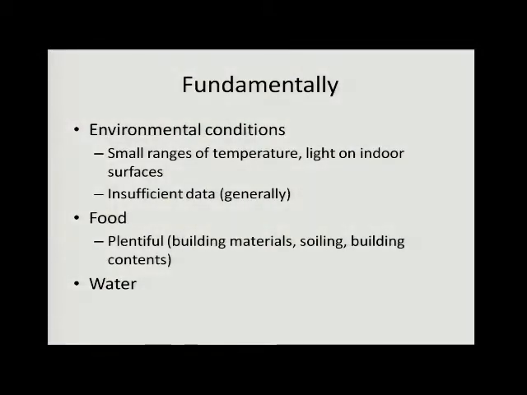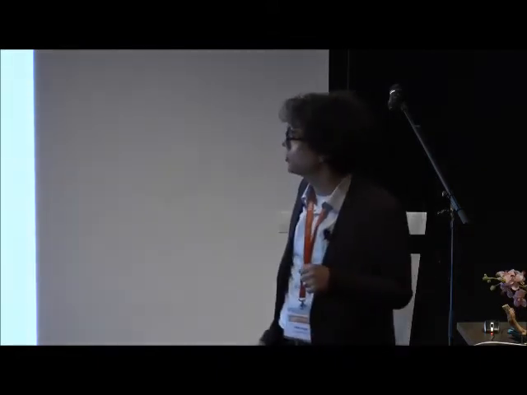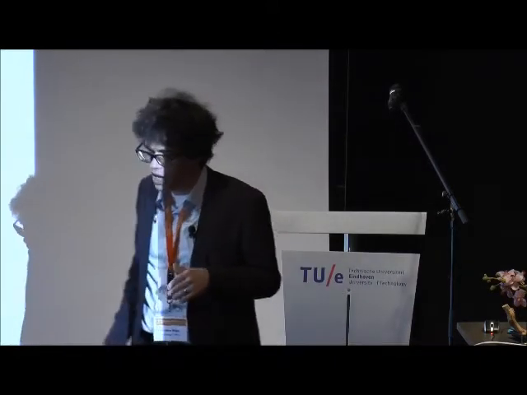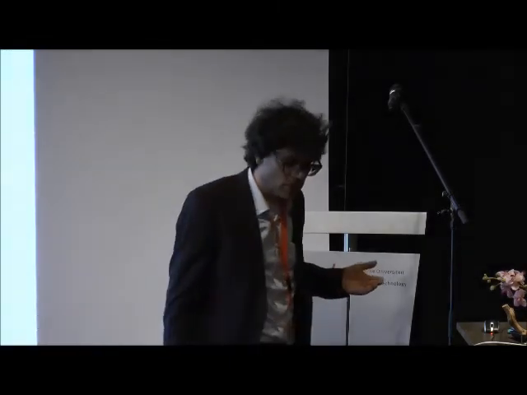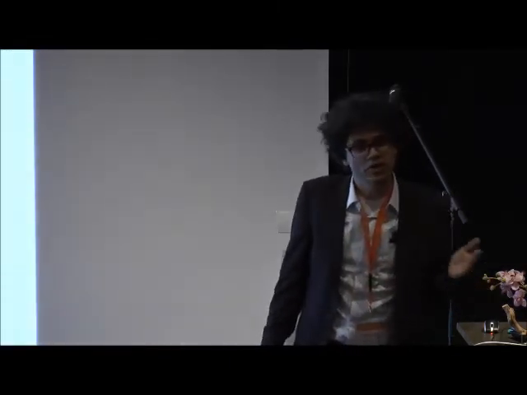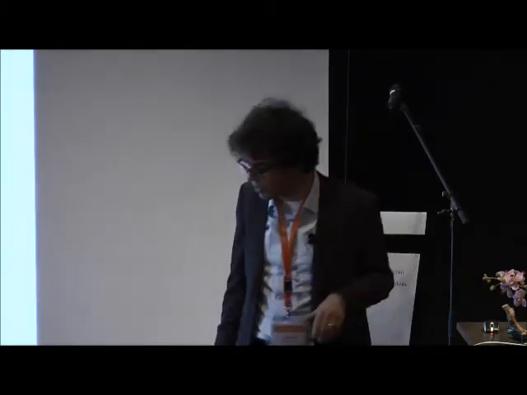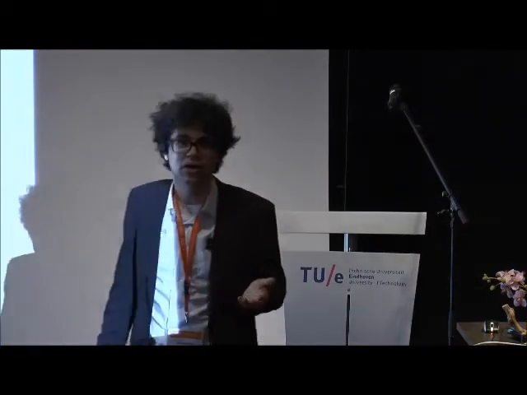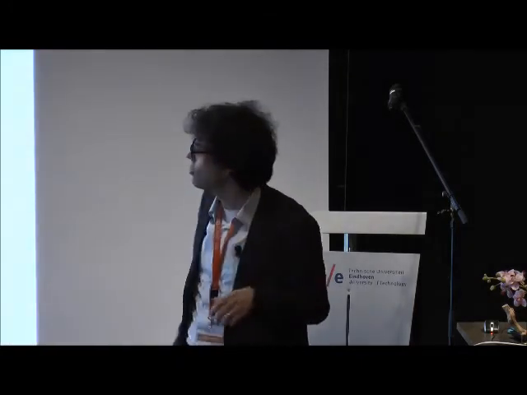So things like surface pH. We have very, very little data indoors. Really relevant temperatures. We, of course, have a lot of air temperature measurements in buildings, but many, many fewer surface temperature measurements, and even fewer things like radiative or operative temperature measurements, which might be relevant for microbial growth. Again, with light, we have a lot of measures of illumination on surfaces, but relatively little spectral data that would really let us evaluate some strong hypotheses.